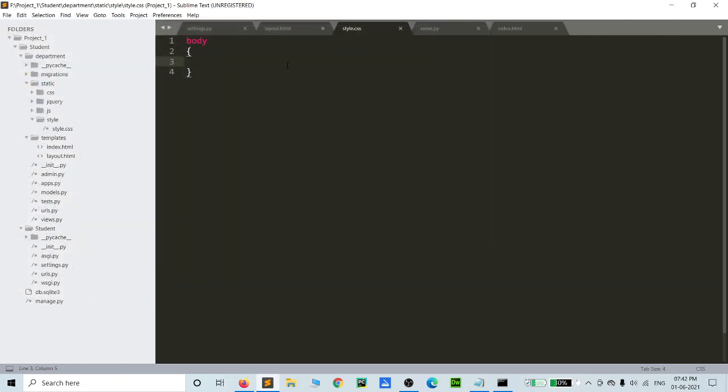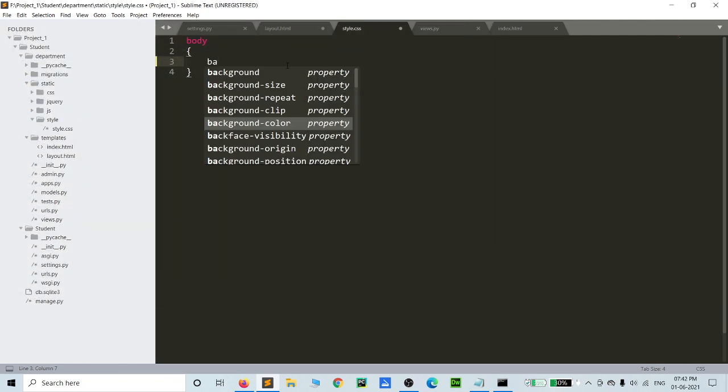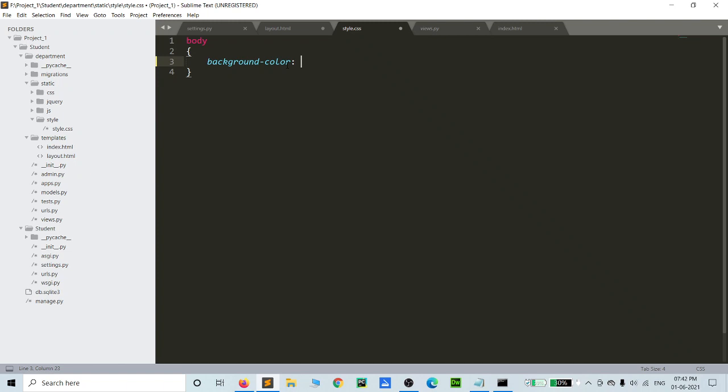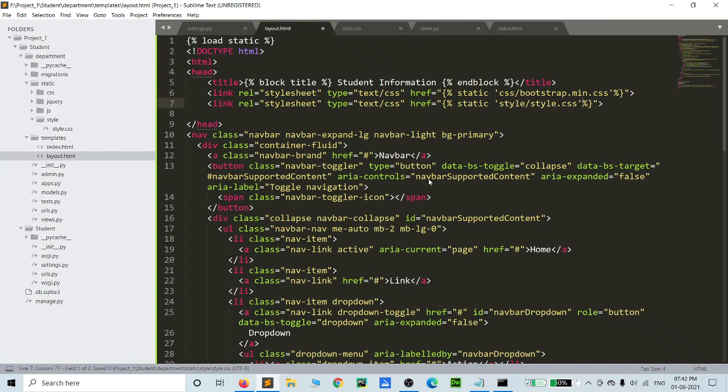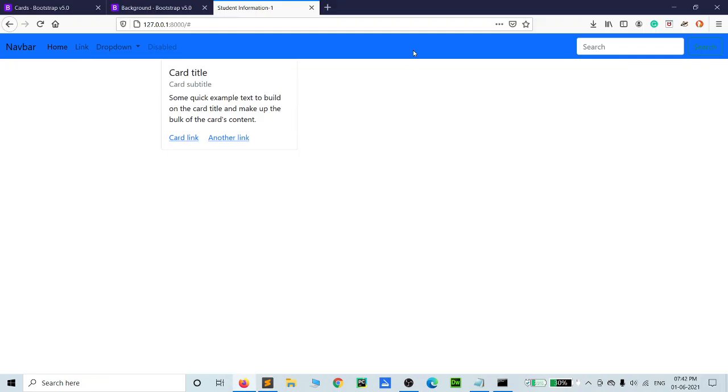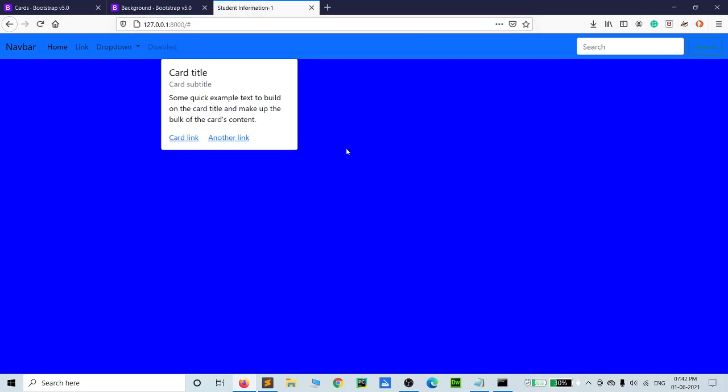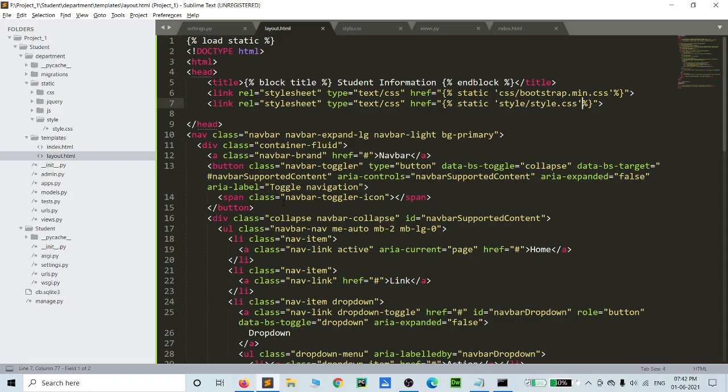First we can check our background, then the body sections, this blue section, whether it is working or not. Yeah, our CSS file is working perfectly.